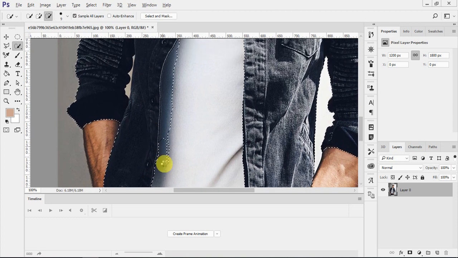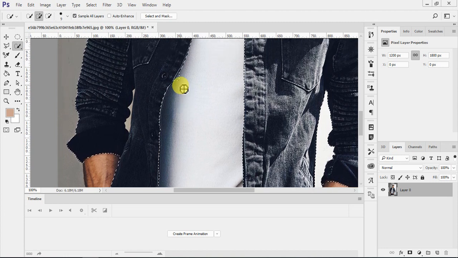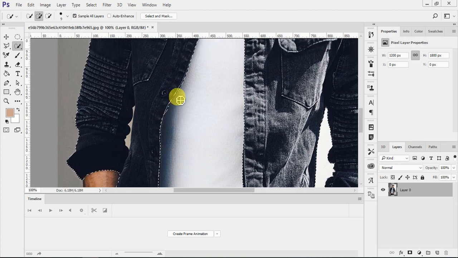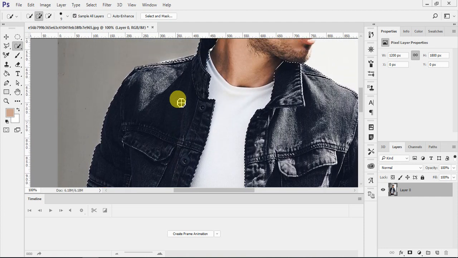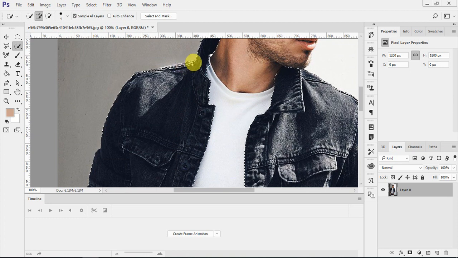Okay, this is selected, we are just going to remove this one. Select the complete jacket, just like this. This is the area, so select this one also.